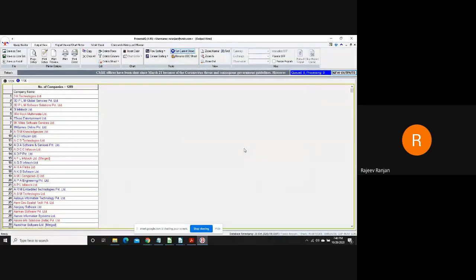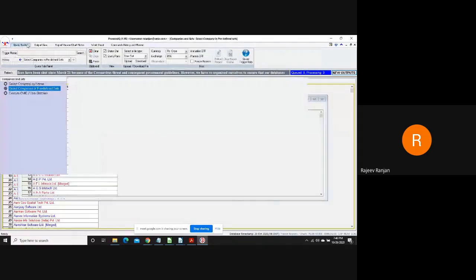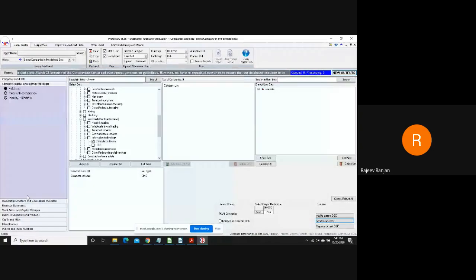So there are 1,289 companies which belong to software as a sector. Now, once we have got this list, we can keep on adding the data or filtering the information on this set of companies based on our criteria. So I'll go back to the query builder, and we can keep on building the data on that.